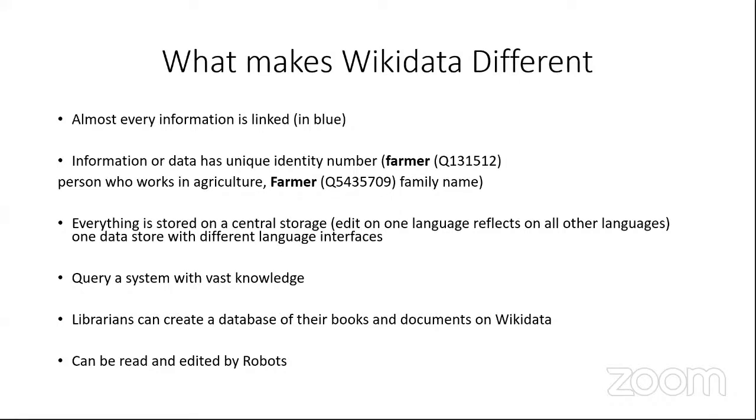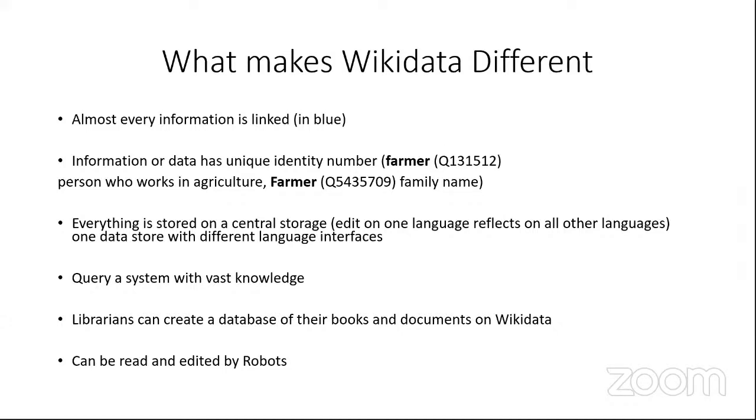And we also have Farmer, who is someone who works in agriculture. So I thought of using this example so that it makes it easier for everyone to understand. So Farmer, the person who works in agriculture, is identified by Q131512. There is no way that if you search for Q131512 on Wikidata, it is going to give you Farmer,